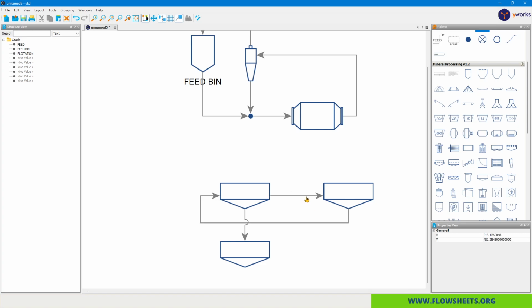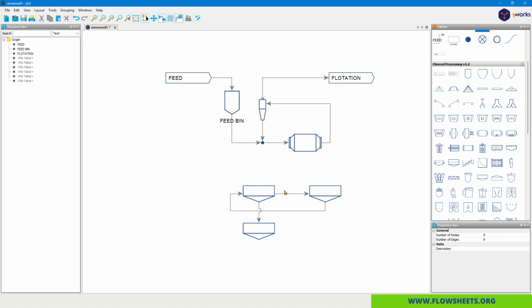Okay, so that's how we go about that. And so now we've got the crossover set up, we've got the orthogonal edges done, and we understand how to bring in icons and how to label feed streams and also unit operations. You can also label this if we wanted to call this mill discharge. We can just highlight the stream itself and say